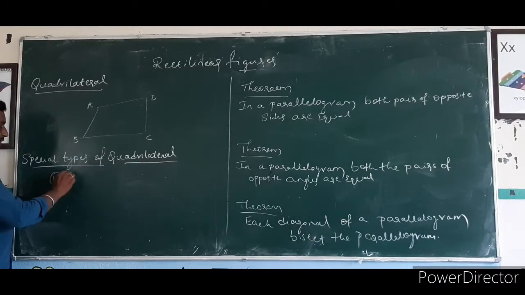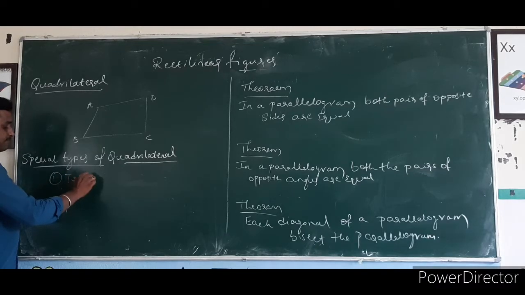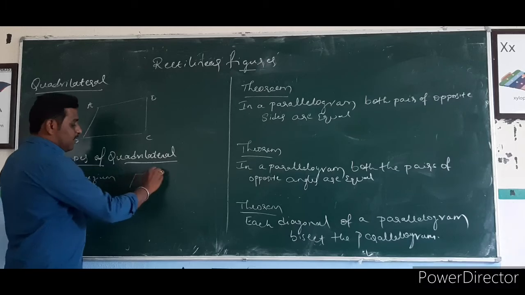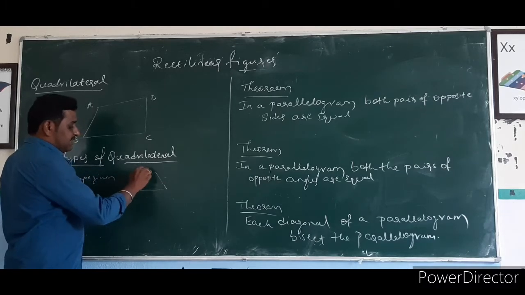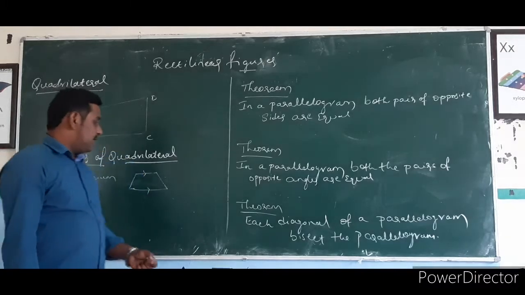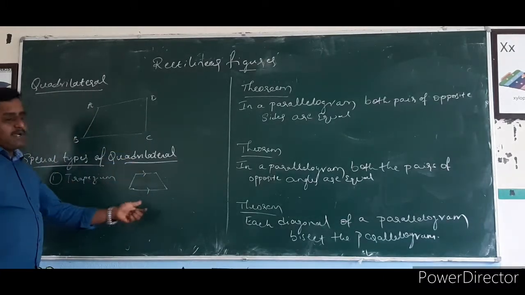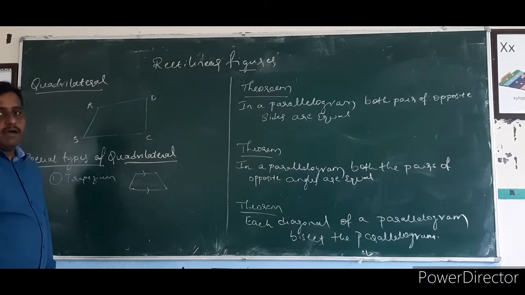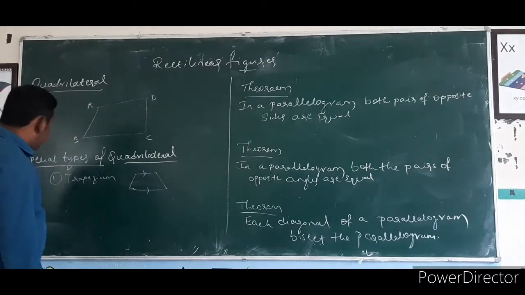If you take the first one, trapezium. Trapezium means one pair of opposite sides are parallel. So this is a special type of quadrilateral. Trapezium is also bounded by four sides, but in this one pair of sides are parallel. Next one,